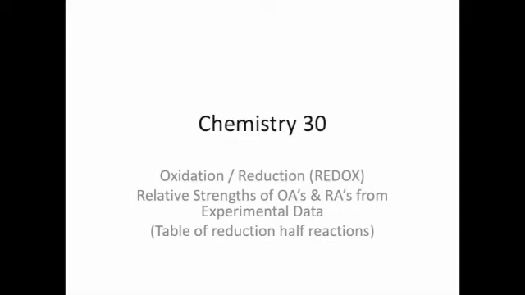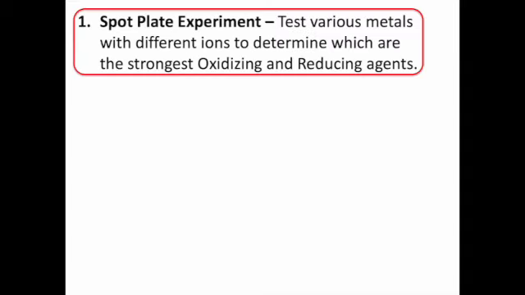Hello students, we're still in the redox unit, and today we're going to talk about relative strengths of oxidizing agents and reducing agents from experimental data. The point of doing that is we're going to build tables of reduction half reactions. So we have this thing called a spot plate experiment, and I'm going to turn on a little video here